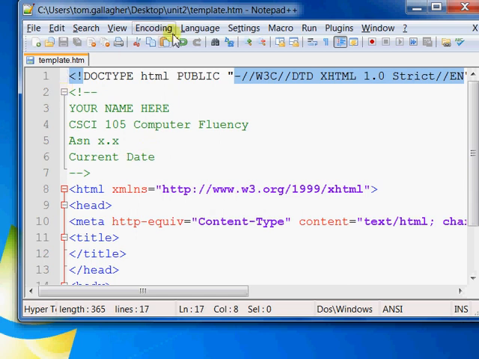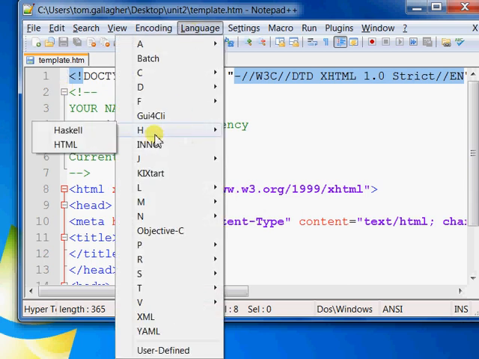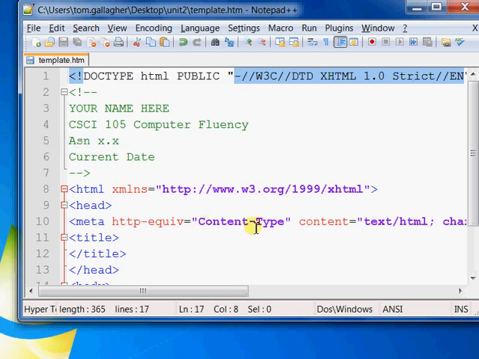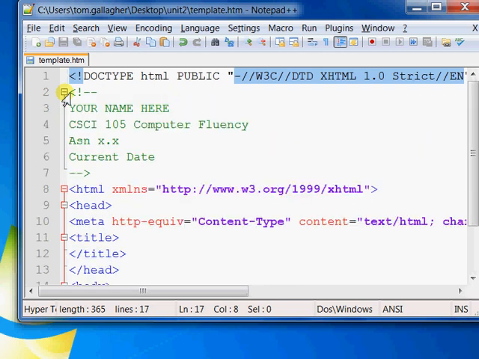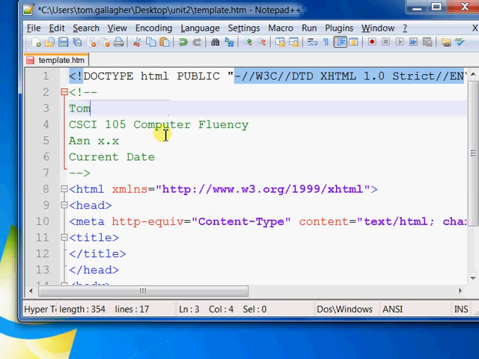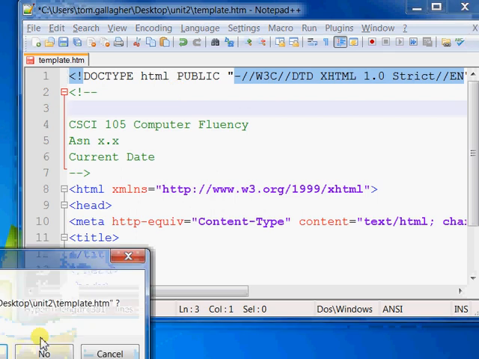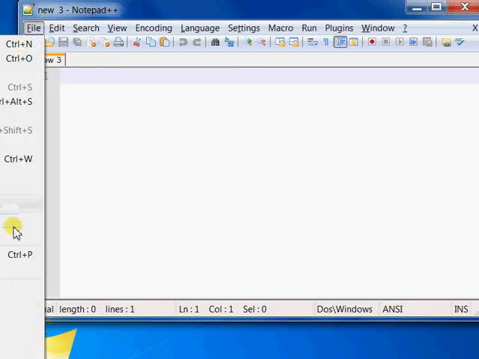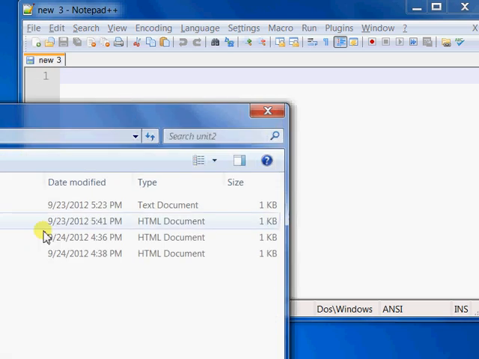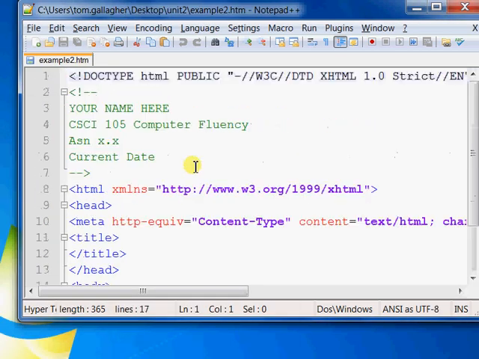What's nice, remember we set our language settings to HTML, and then it highlights all the different colors for us, and also has this nice collapsing, you see I can collapse that? That's pretty cool. And then I can change this for whatever it is I'm working with, so I'll put my name in here, oh, that's my template. I want to close that one off. And I'll say yes, and then I'm going to open my example 2 here that I started. Okay, all right, so here's where I'll put my name in here,